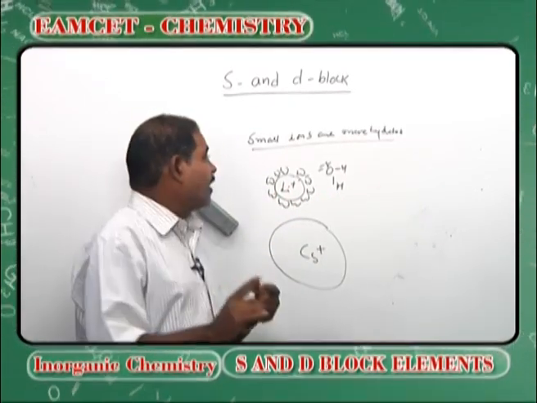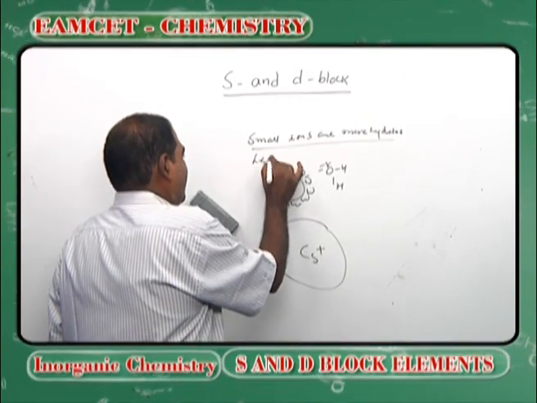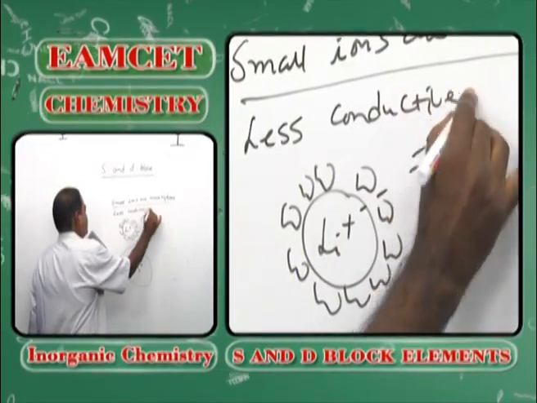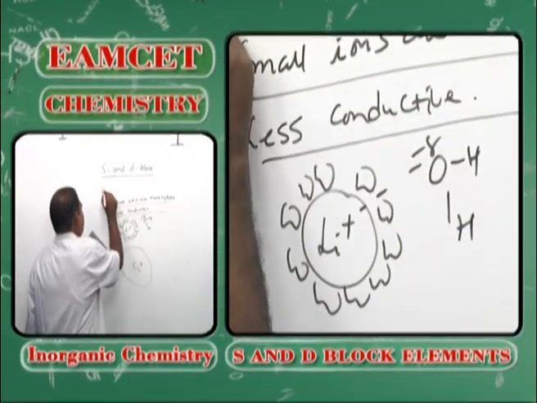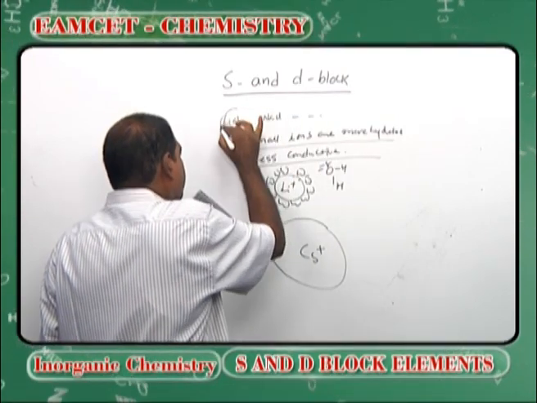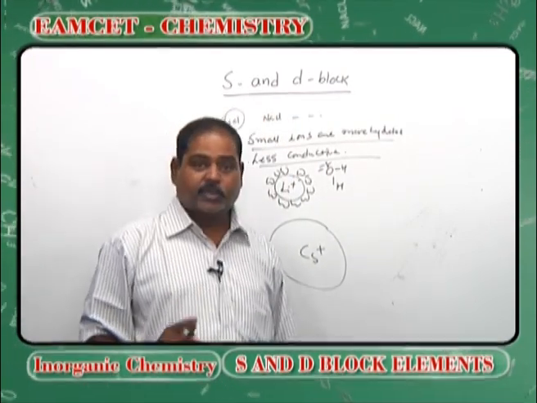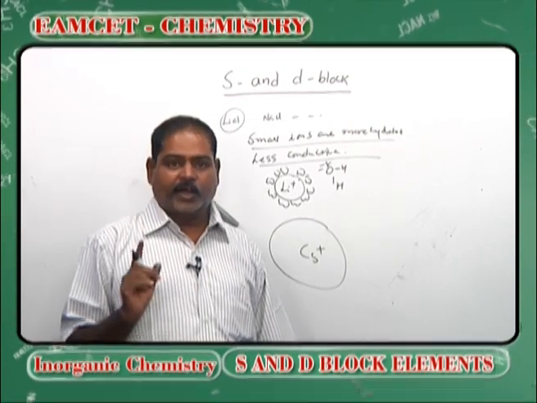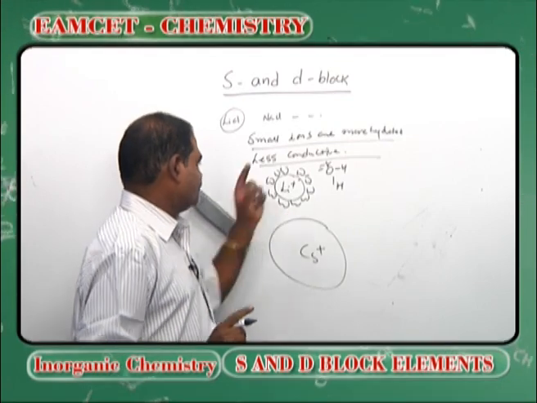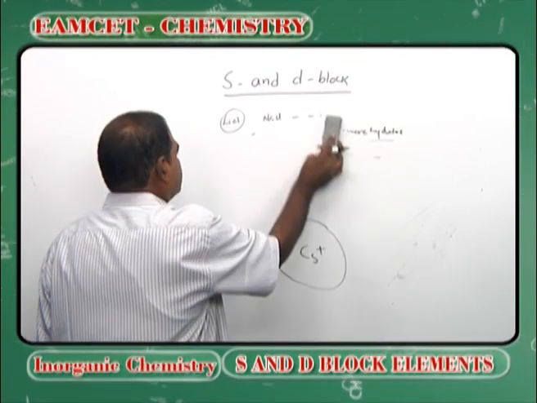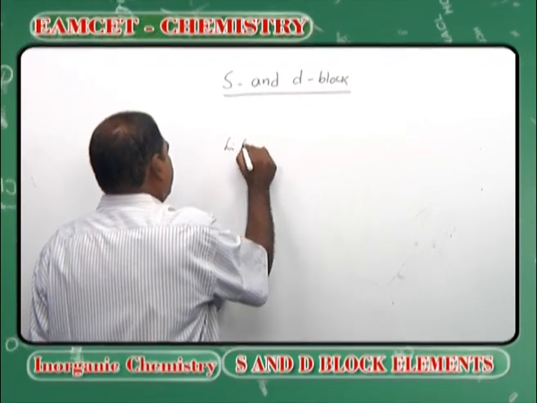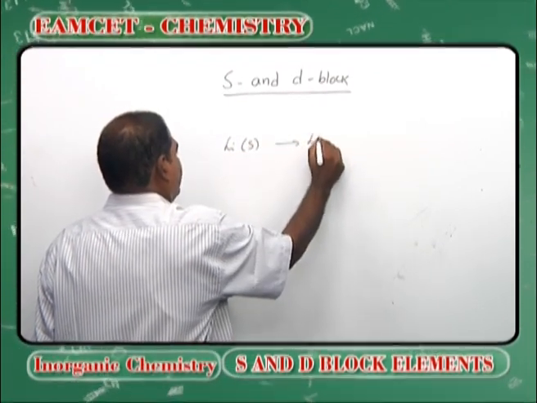So, small ions are more hydrated, less conductive, their conductivity decreases. So, the conductivity of lithium chloride, sodium chloride, etc., lithium chloride is less conductive because small ions are more hydrated. What do you mean by hydration? Water molecules surrounding ions. So, since lithium has very high hydration energy, when lithium solid is converted to hydrated lithium